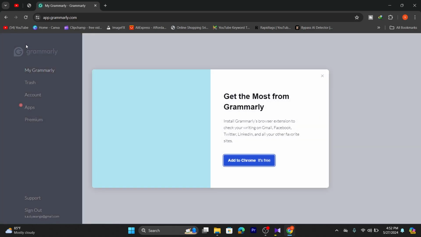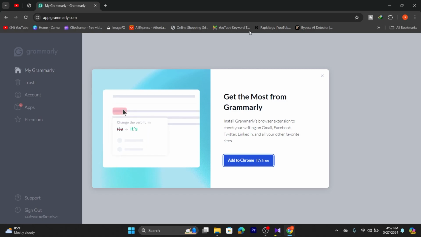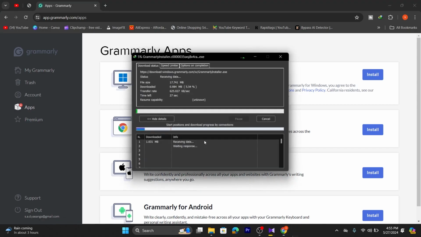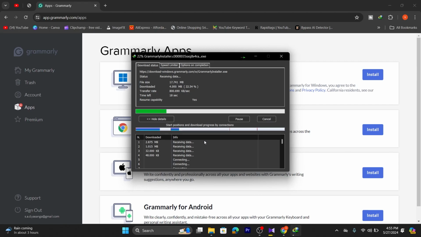If you already have an account, then come over to the left and click on Apps, and you need to go and click on Install for Grammarly. For Windows, find the installer either in your browser or your Downloads folder and run it. It's super